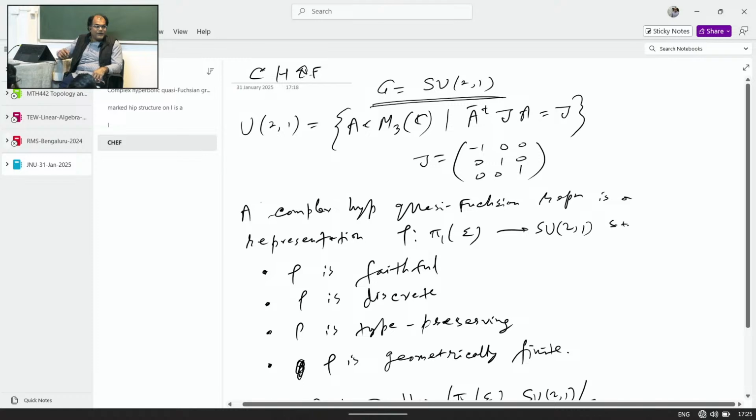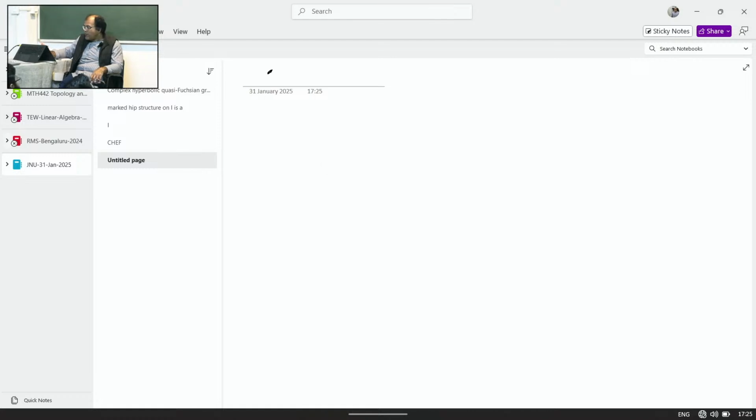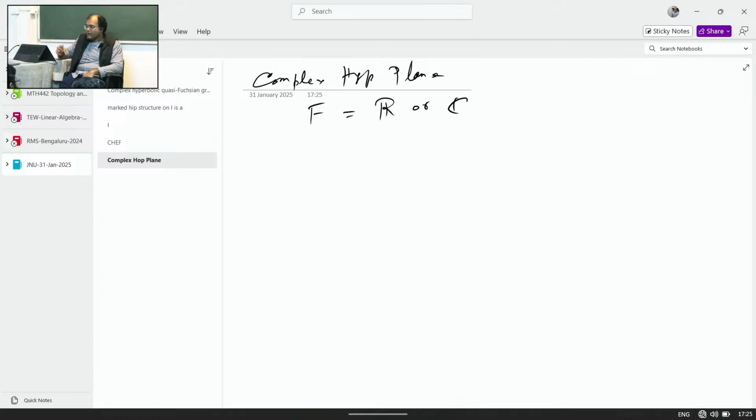Nevertheless, since we are discussing this space, I have not told you what SU(2,1) is and how it is related to hyperbolic geometry. So let me quickly recall what a complex hyperbolic space is. You have seen the hyperbolic plane, right? This complex hyperbolic plane is the complex analog of the real hyperbolic plane. So let's take a field F, which is R or C. Take a three-dimensional vector space over F, and give this vector space this form: